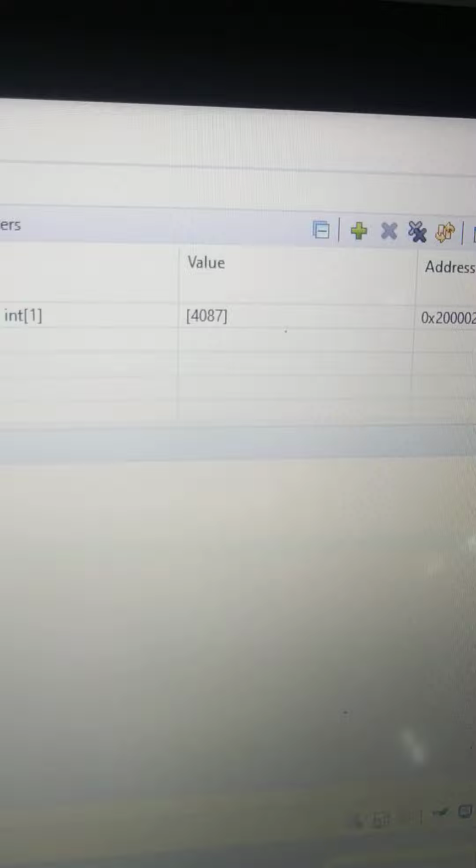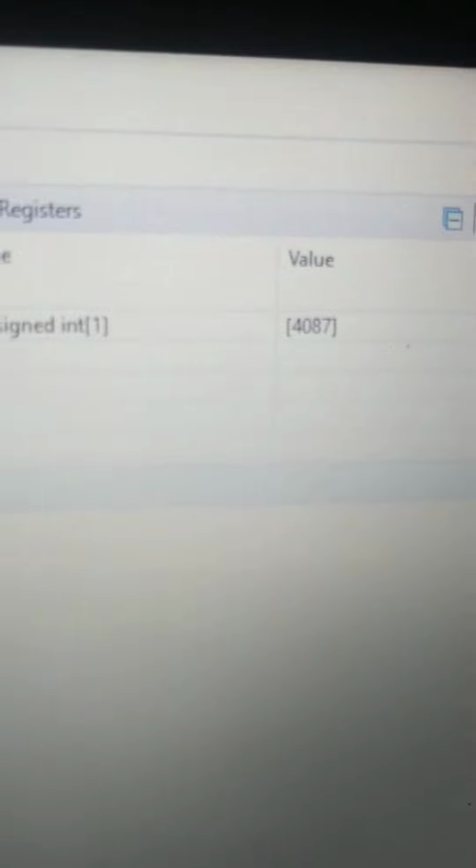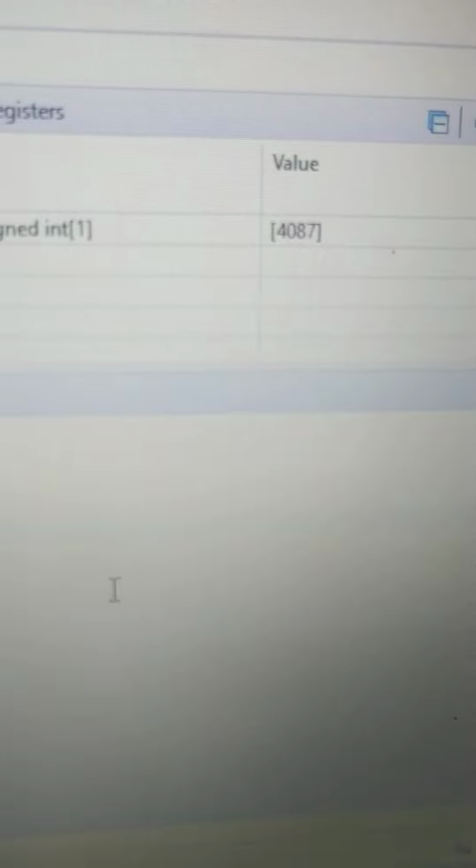After changing the value, you can terminate the code, again run it, debug it. You can see no value is there in the window. It is showing value 0. Once you run it, it will show the maximum value 4087. Actually for 12-bit it is 4096 at the maximum pot level. It should show 4096, but practically it is not possible, so it is showing value 4087.